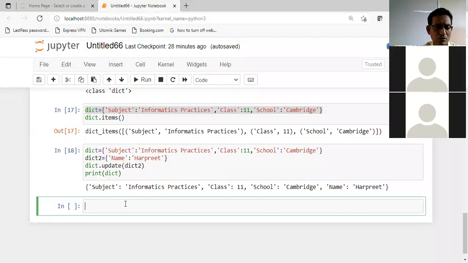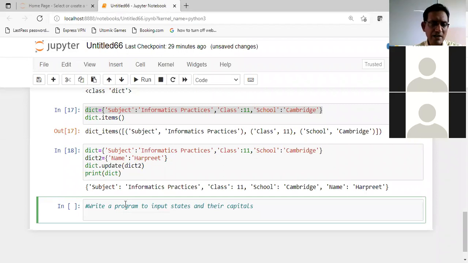So let us now write a program to input states and their capitals. ओके, तो पहले हम यूजर से इनपुट करवा लेते हैं एक नंबर, n इज इक्वल टू दिस द नंबर